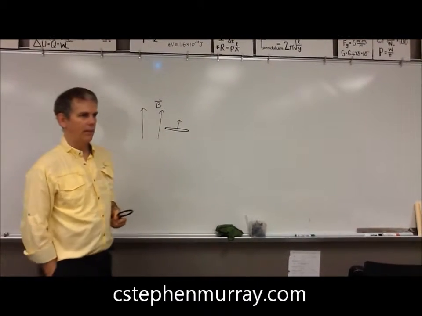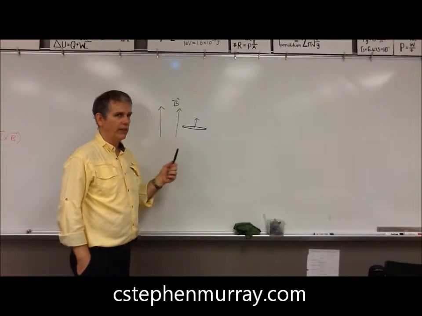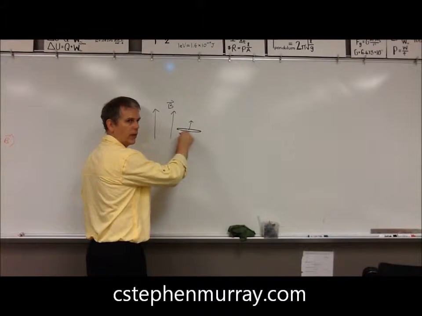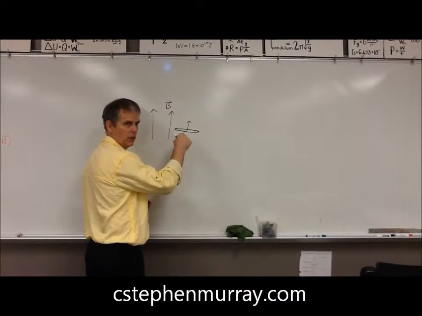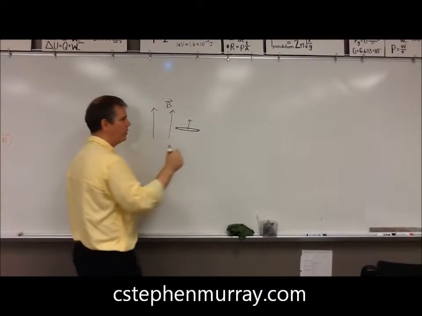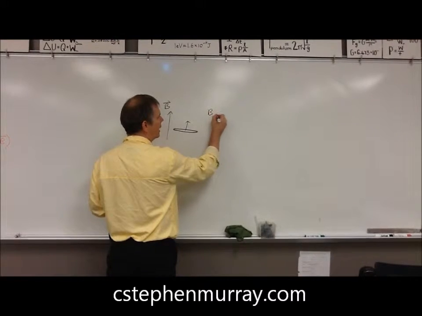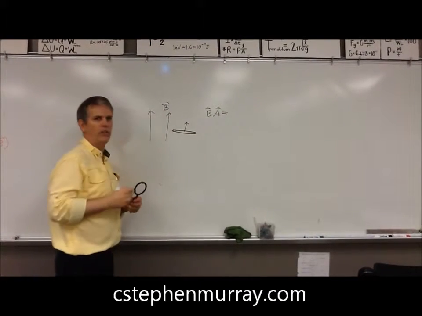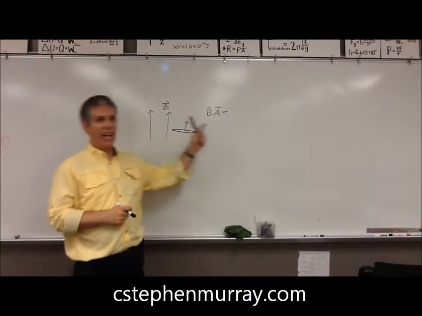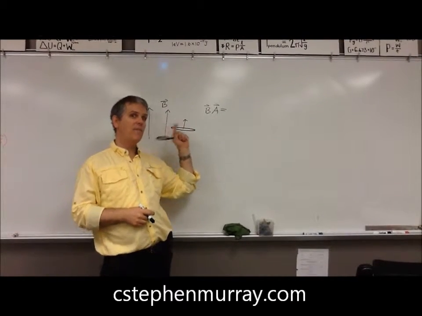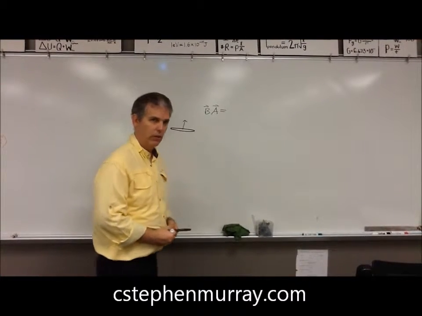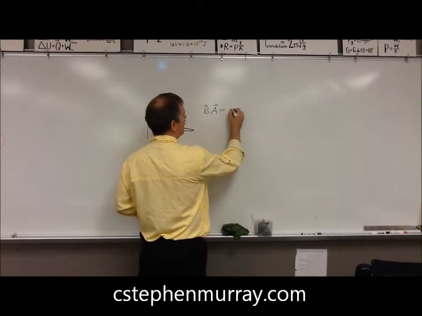Why would we do that? There are two ways to define this loop. You could say the direction of the loop is flat with a loop, coming out of the board. Well, if you're going to multiply two things, I'm going to multiply B times A. Your next question at this point should be, does that give me a scalar or does that give me a vector? And the answer is it gives me a scalar. This gives me something known as the magnetic flux,